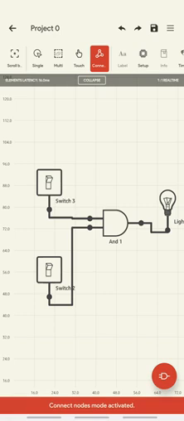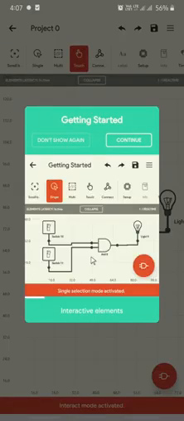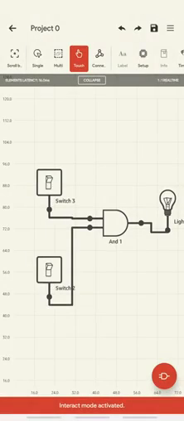Now here you can see this switch is in open position. So our bulb is not glowing, right? If I want to make this on, I can just click and put this on the touch point, and this switch gets turned on, right?